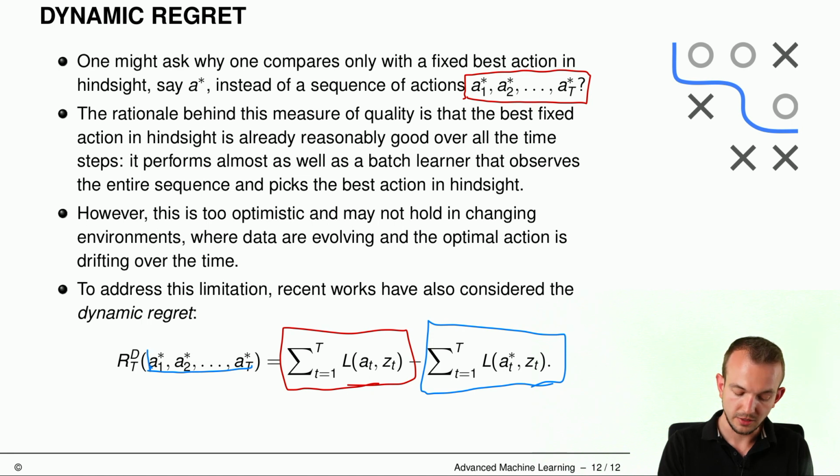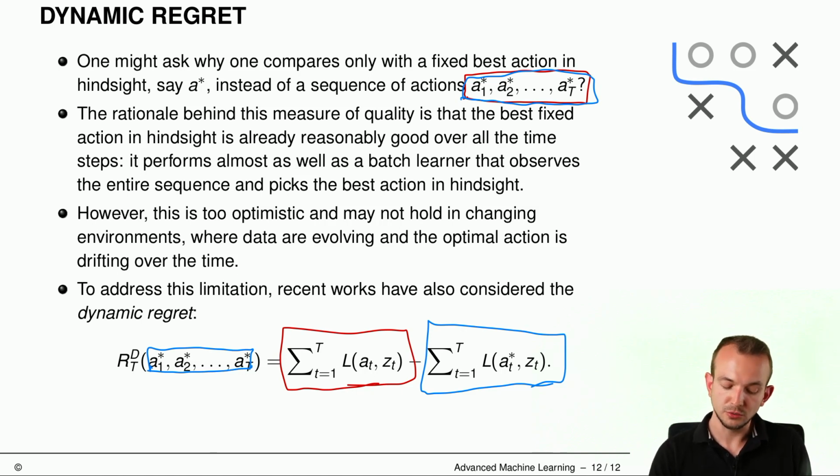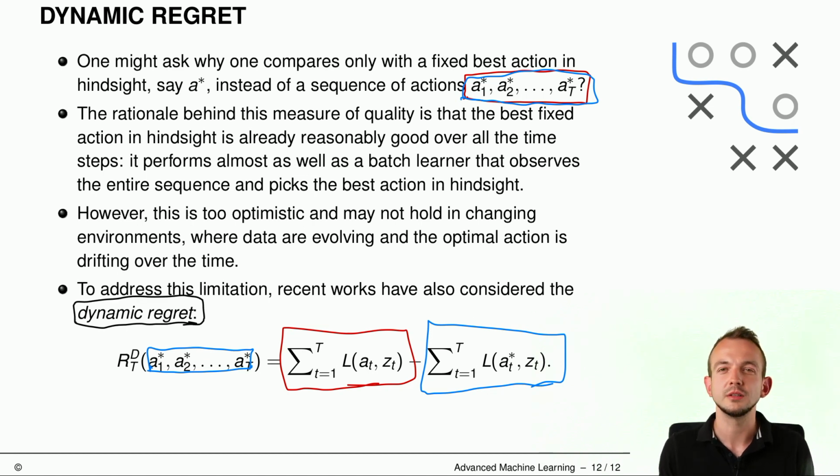The A1 star till A_T star might be the sequence which is minimizing the loss in every time step, which would be quite a hard competitor, of course. If we would do this, we would end up with the so-called dynamic regret,